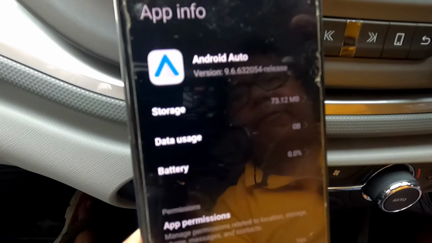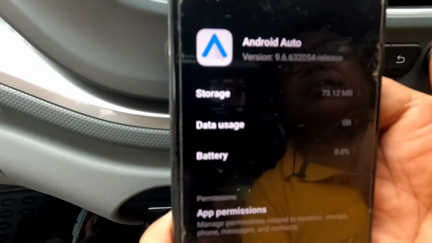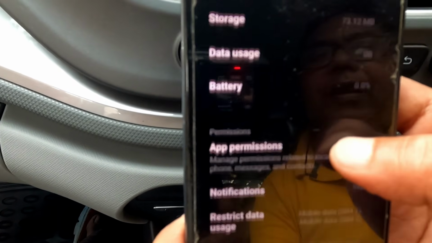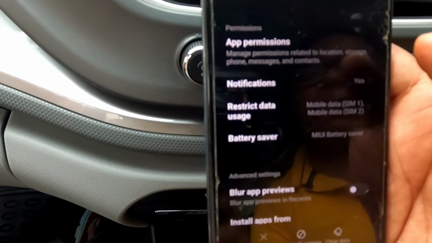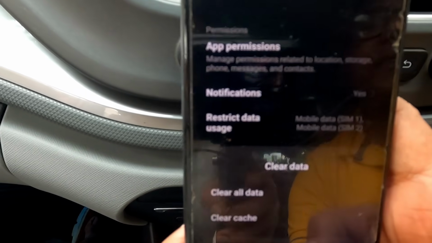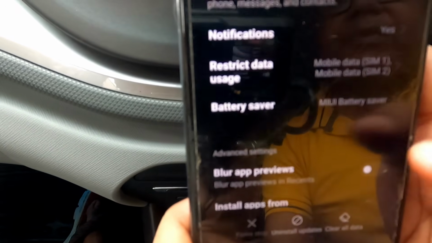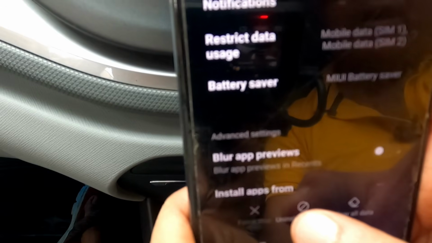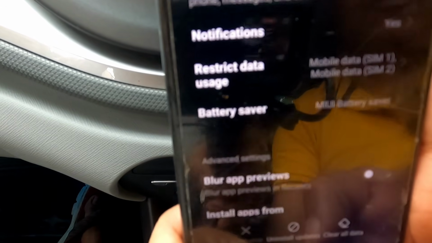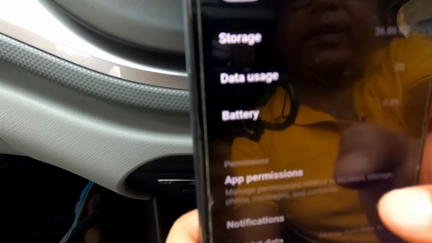Now what happens during an update, sometimes your update files get written in a corrupted condition or your files are broken. So in that condition you won't get a good proper connection. So in that case you need to do something. What you need to do, I will tell you. You should go to clear data. There is a clear cache, okay, and then what I will suggest you, you go to uninstall updates. You uninstall all the updates, and then you again go to take an update,